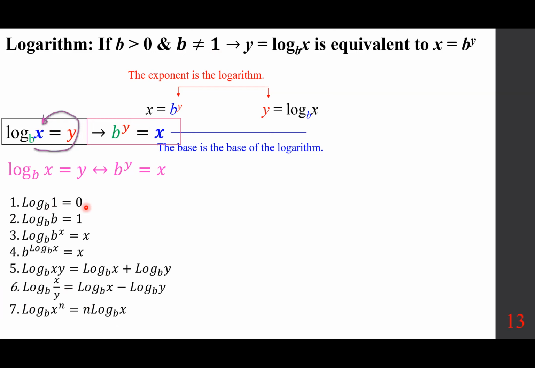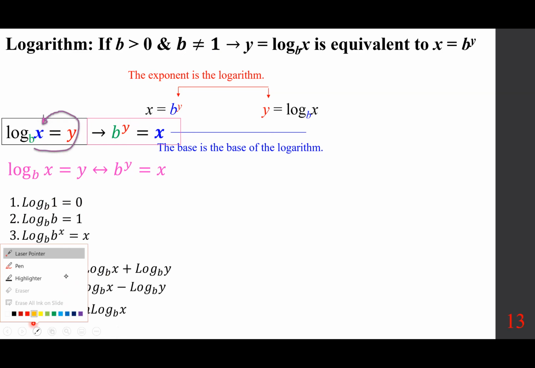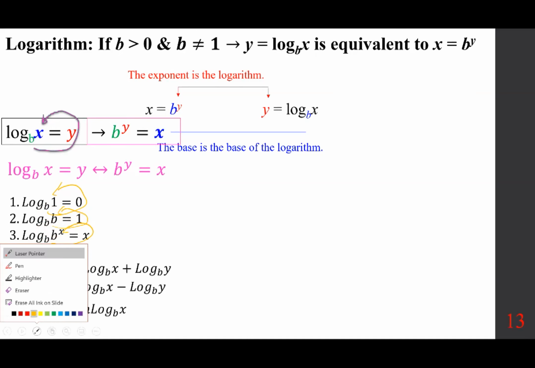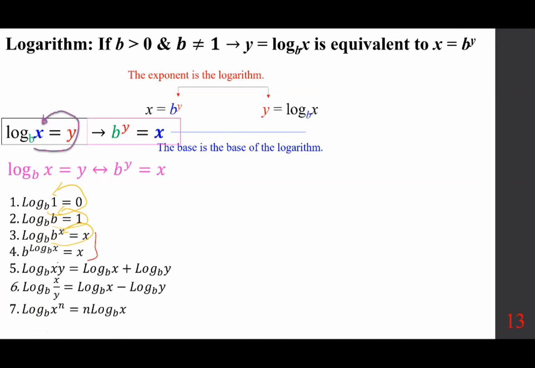Log 1 with any base is 0. If you look at this format, some of them can be proved this way, and some of them we have proved in algebra, so I'm not going to go over that again. These are general forms. Log 1 with any base is 0, and log b base b is 1. This means if the base and the argument are the same, the answer is 1. Number 3 and 4 together are referring to the fact that these two together